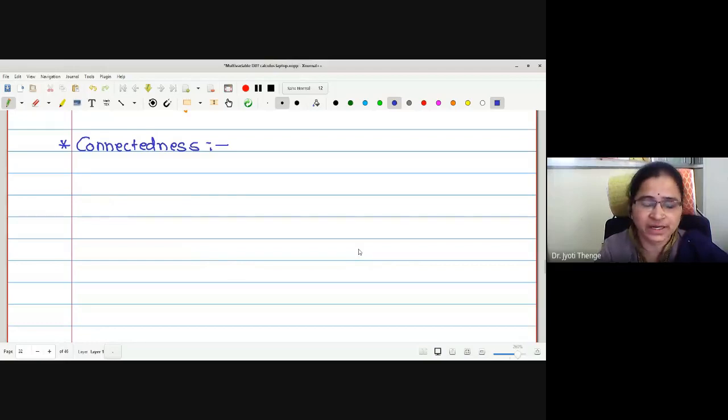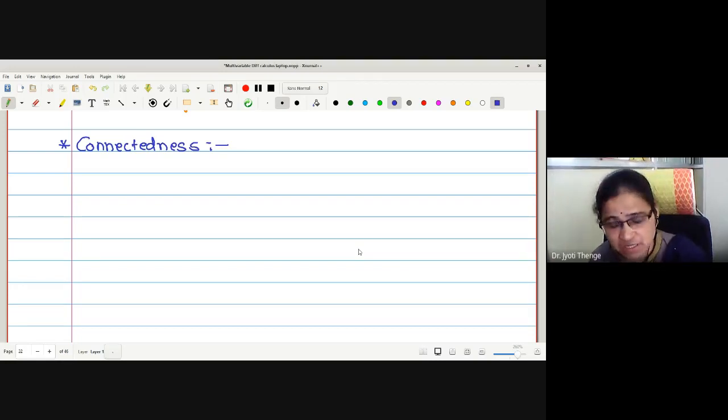Complete and compact. That is our alternative definition actually. What is the meaning? A basic definition. Okay, without wasting time, let me tell you, connected means: a subset of a metric space is said to be connected if we cannot express it as a union of two different open subsets. Union of two different non-empty open sets.